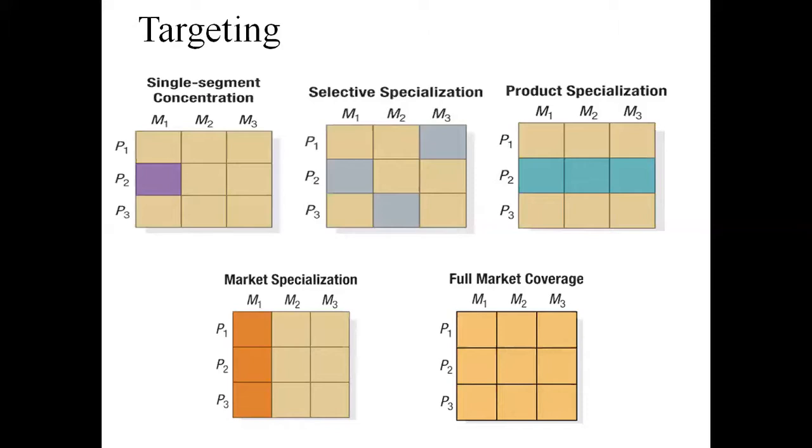Third one is your product specialization. Here you see that with a single product, you will try to target all the markets. Your business focuses on one product that it sells to a number of segments. Let's take the example of coffee. The coffee distributor might sell the coffee to a retail chain or a number of cafes and coffee shops, and even directly to the end customers, like through online stores, or to hotels.